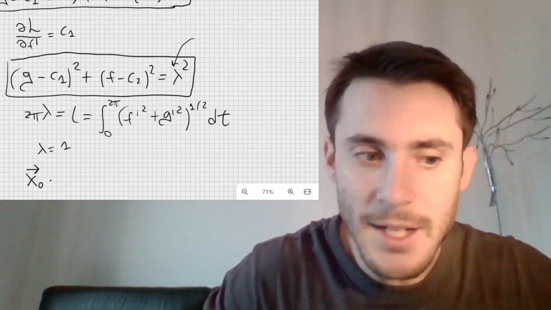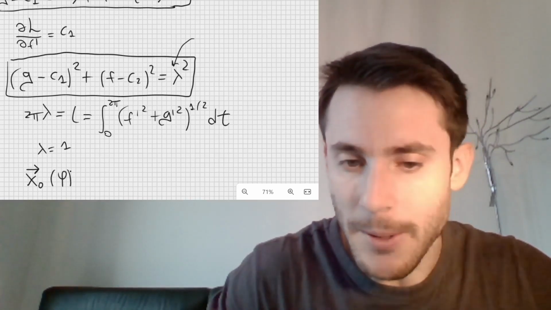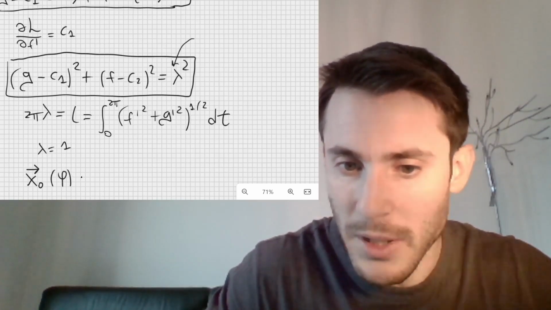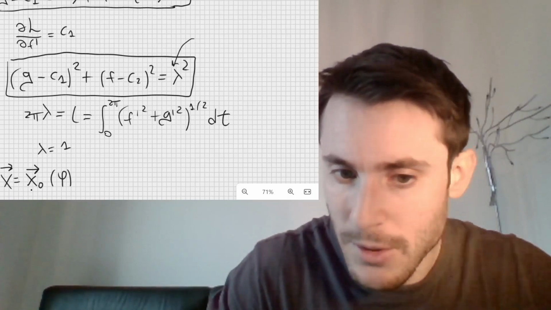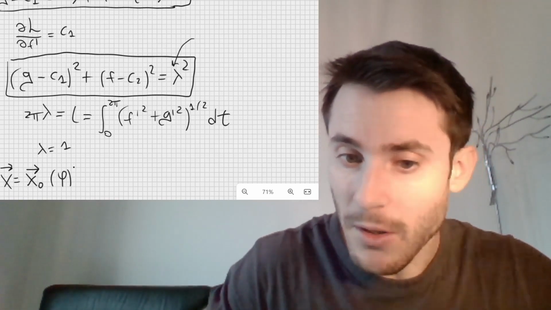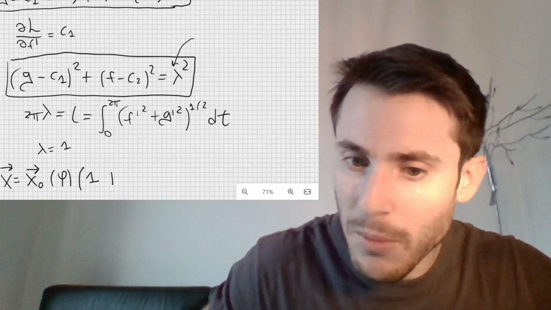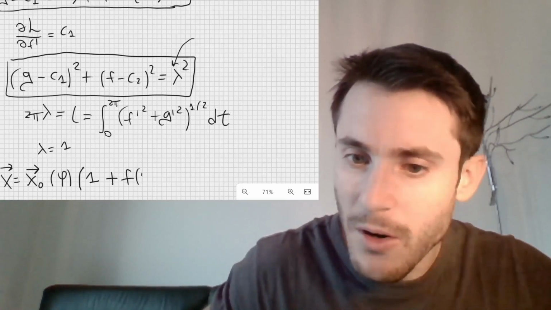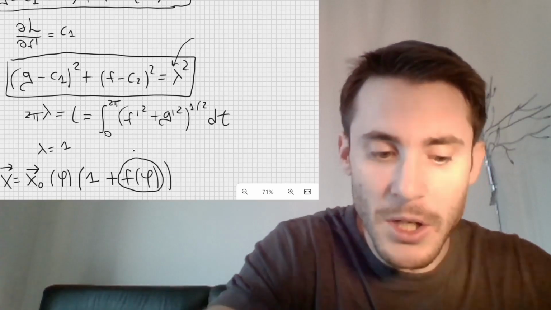and we are going to rewrite it in this form. So x0 of phi is the function which describes the circumference. So it will be a vector x with two components, and this is equal to x0 of phi. Now we are going to perturb the circumference, so we are going to rewrite our problem like this. We are going to multiply this by 1 plus f of phi. So f of phi represents the perturbation